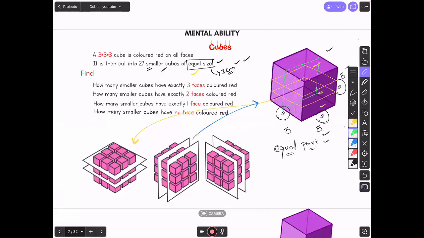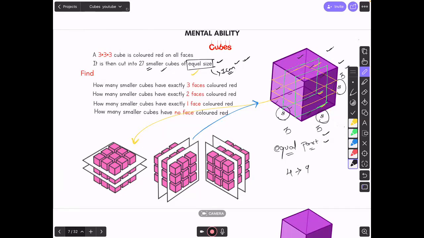and one like this. So now can you think and tell me, with these 4 cuts the cube will be cut into how many equal parts? With these 4 cuts, into how many equal parts will the cube be cut? 9. Correct. The 1 part at the top will be cut into 3. The top's 1 part will be cut into 3, the middle's 1 part will be cut into 3, the bottom's 1 part will be cut into 3. So 3, 3, 3, 9 parts the cube will be cut into, with 4 cuts.